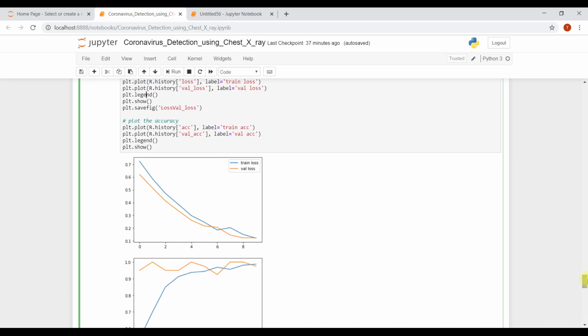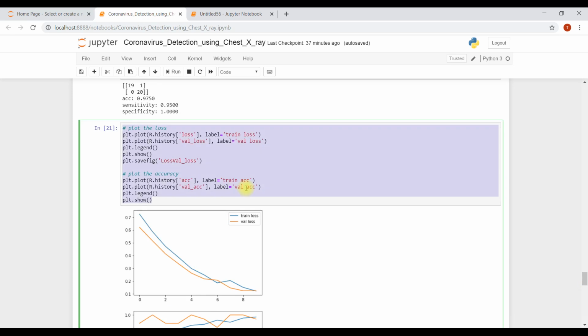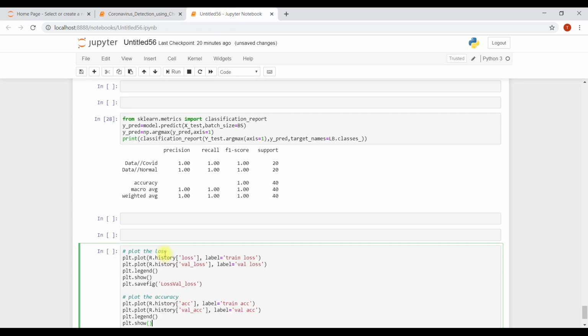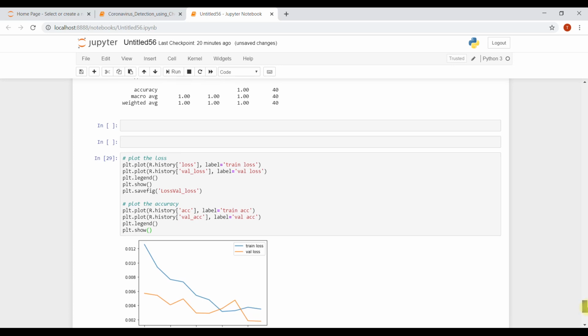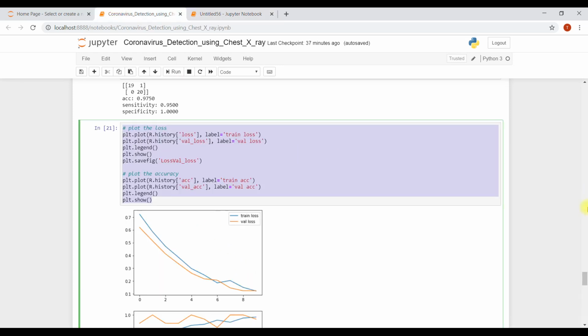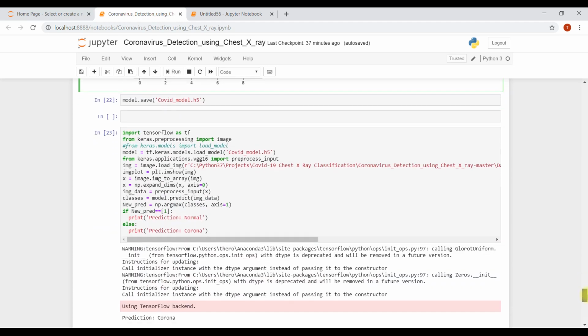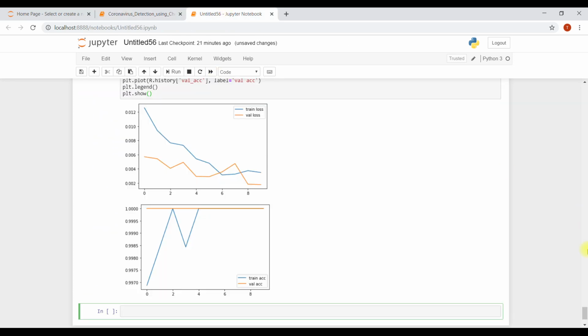Same in the second graph, accuracy, it should be named as training accuracy and validation accuracy, and then show it. So I'm just going to copy this. Oh, we have done some mistake, I think. See validation accuracy, whatever mistakes we have done while training right now in this live, we'll figure this out.